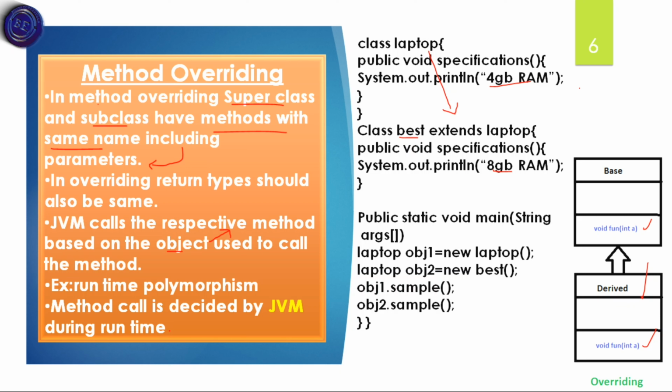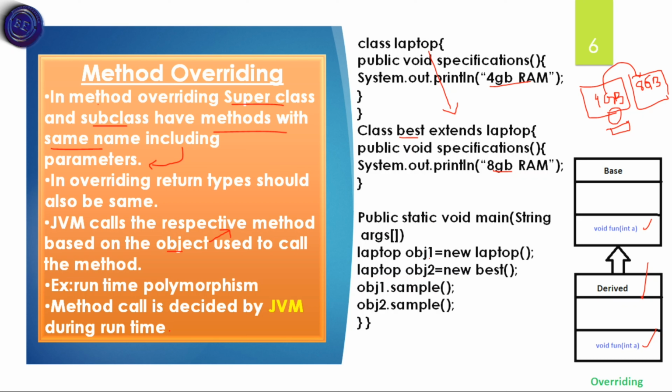So let us explain an example. Here is a company which has a computer. Initially the computer has a RAM of 4 GB. So you want to update it, and when updating it, it has to be changed to 8 GB RAM. While we are changing it, the company name or other specifications wouldn't be changed. Only the RAM size will be changed. So here there is no change in the method name, but there will be some change in the content.